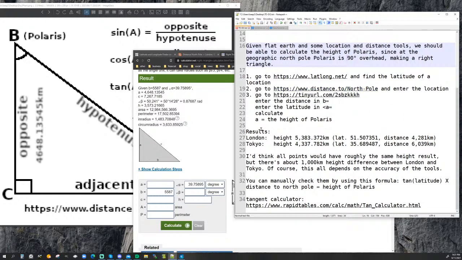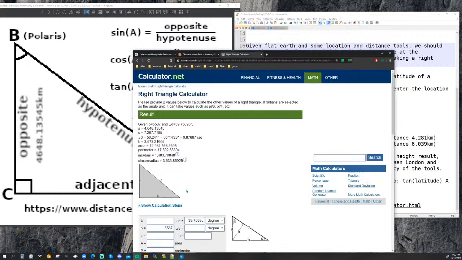and so you would put the distance in the B box, which is over here on the left, the regular letters A, B, and all that. These over here with the brackets are angles. So we put your distance in the B box, and then the latitude in the angle A box. And then you hit calculate,